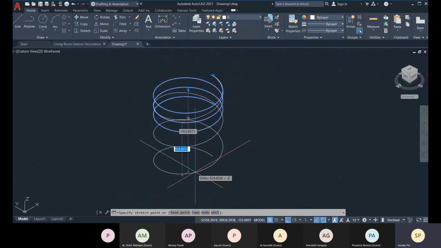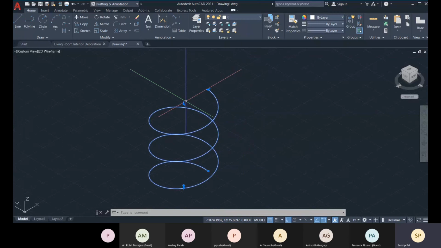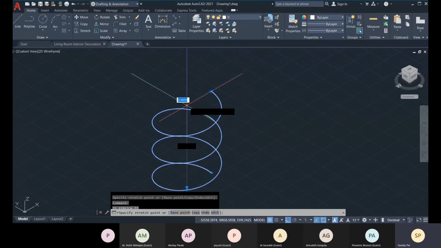Okay, so with these options, and this option will help you to get more turns. This currently has only 3 turns.